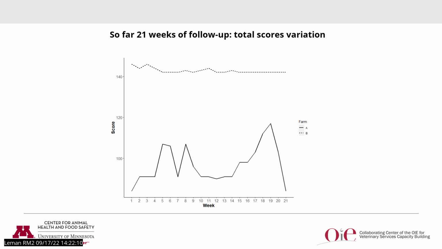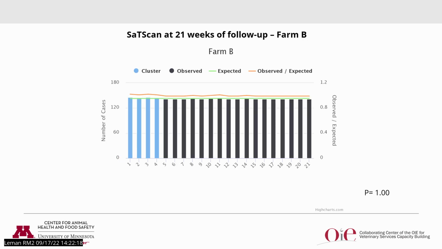And that variation, this fluctuation, is what we think could be an interesting indication of an introduction of a hemorrhagic fever into a farm. I'll get into that in a minute. But then when this,